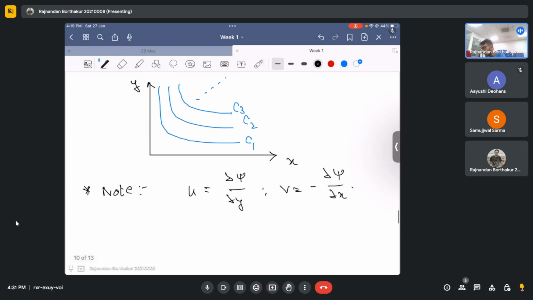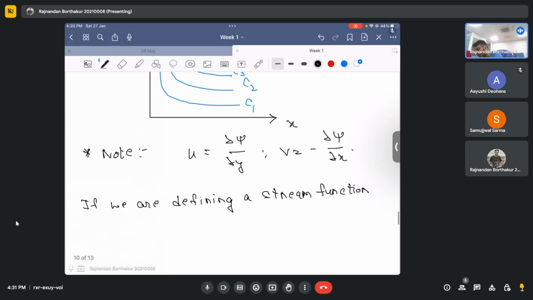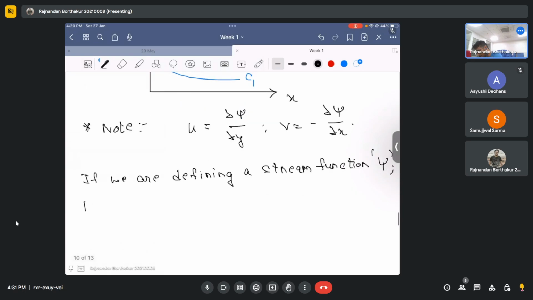So if we are defining a stream function, let's say denoted as psi, which has multiple streamlines, then